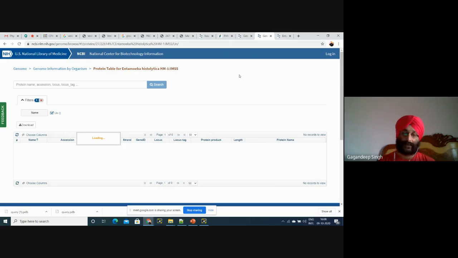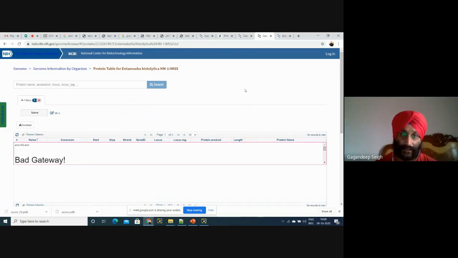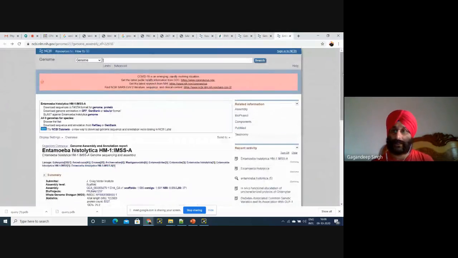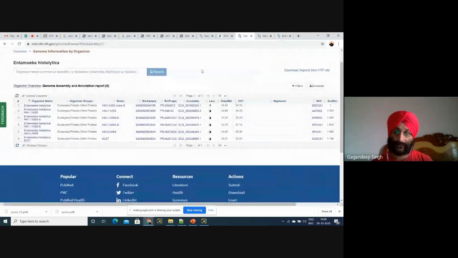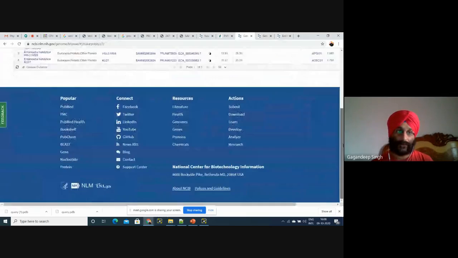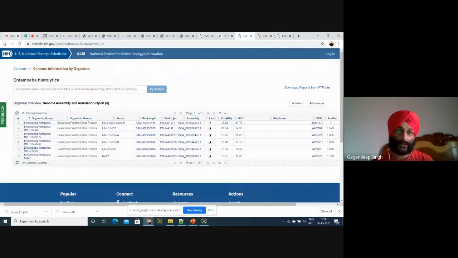So I think there is some bad gateway. There is an error in my system, in my area right now. Maybe I don't know what the issue is. You can also select from the overall proteins, out of this genome.